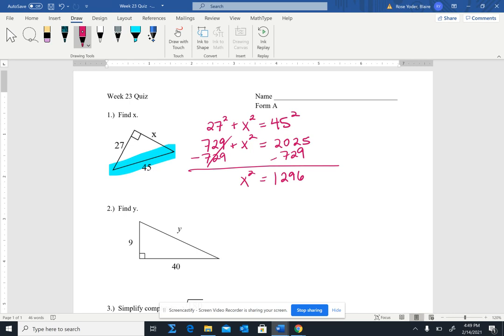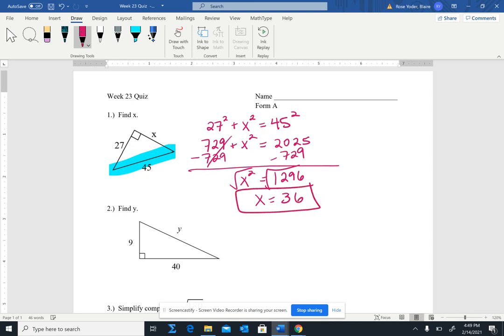So remember, last step for Pythagorean theorem is always to square root both sides. We can't forget to do that because if the hypotenuse is 45, the legs have to be smaller than that. There's no way that a leg is going to be 1296. That's way too big. So when you take the square root of 1296, you get